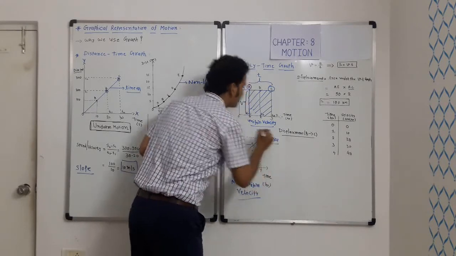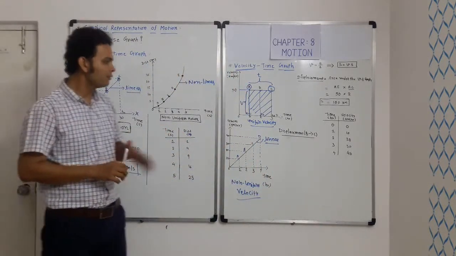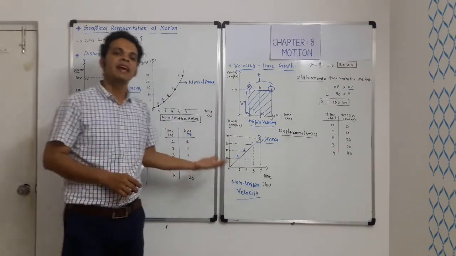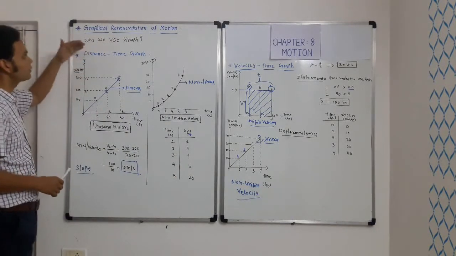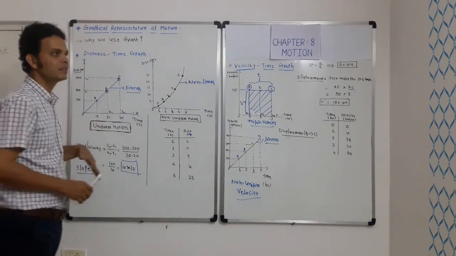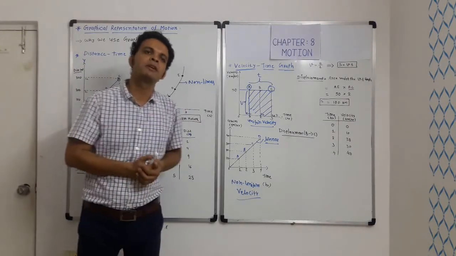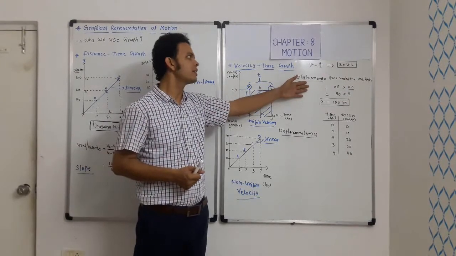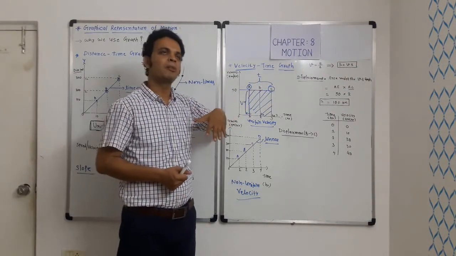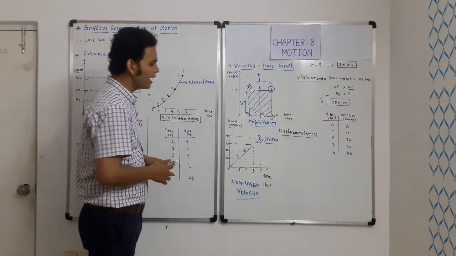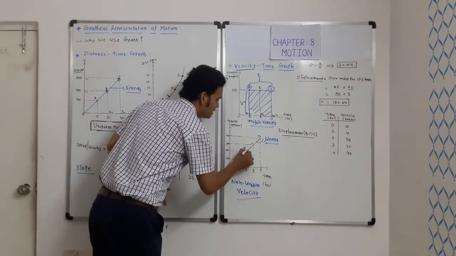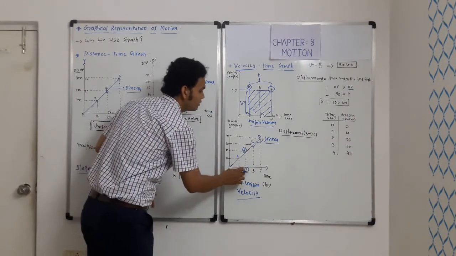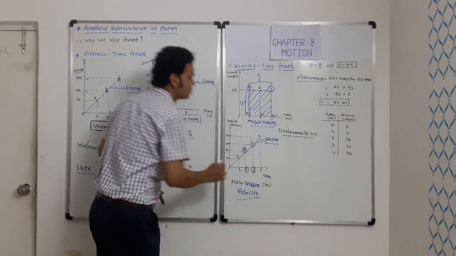Okay, so you can remember that when we are getting a linear graph on the velocity time axis, it is accelerated motion, and when we are getting a linear graph on, let's say, the distance time axis, it is constant uniform velocity. Okay, now here also, as I have discussed, the area under the curve will give me the information about displacement. So let's say I want to figure out from point B to C, that means from time t is equal to 2 hour to t is equal to 3 hour,